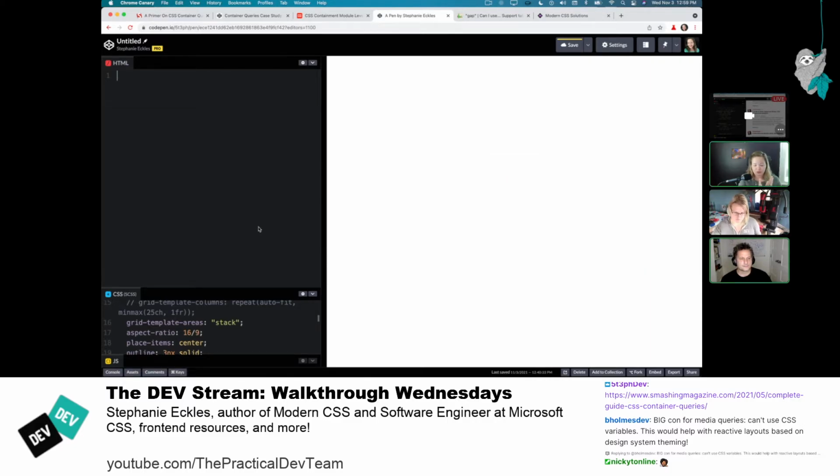One thing that the CSS working group did resolve is that if an element is trying to do a container query and it has no container, it's basically going to roll back up to the body. So it's essentially going to then be treated